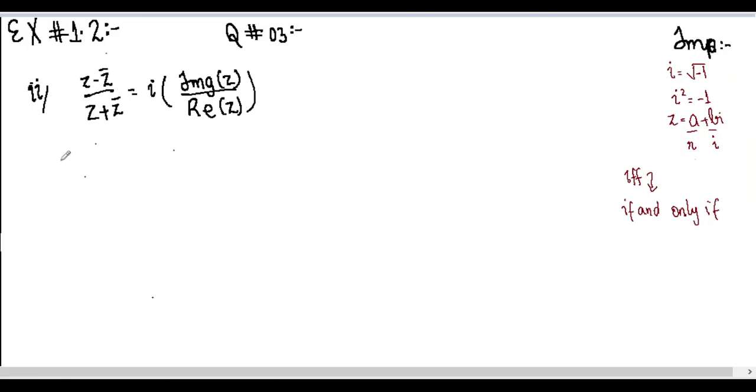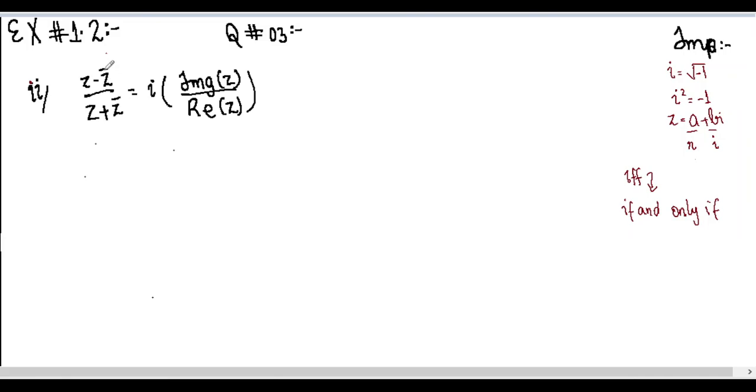Bismillahirrahmanirrahim. We are starting exercise 1.2 of chapter number 1 of class 11 maths, and we are going to start question number 3 here. And we are beginning with part number 2 because it's a bit easier, involving previous concepts. It won't be much difficult to understand. The rest of the parts are involving some more new concepts, so I've decided that I would teach you part number 2 first, and then we move towards the rest of the two parts.